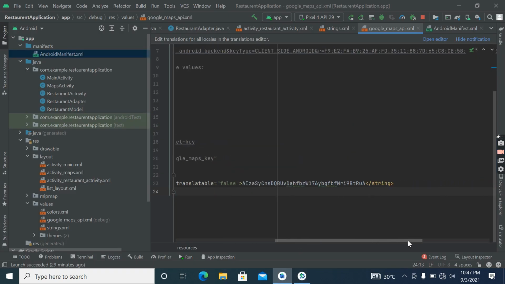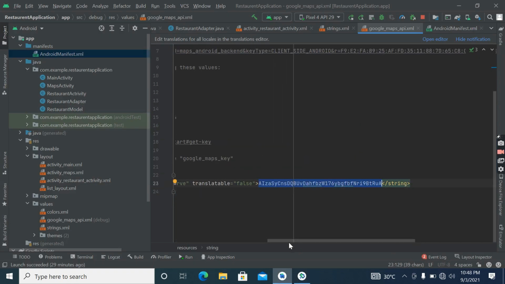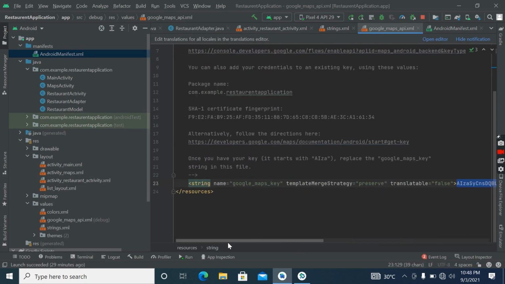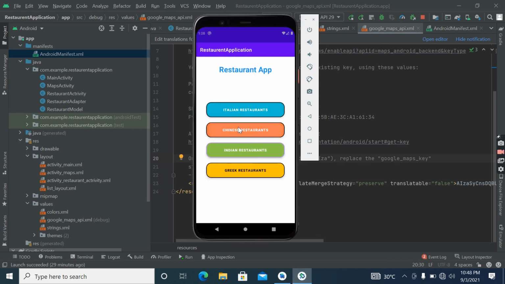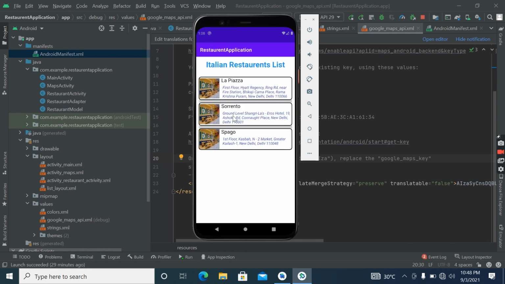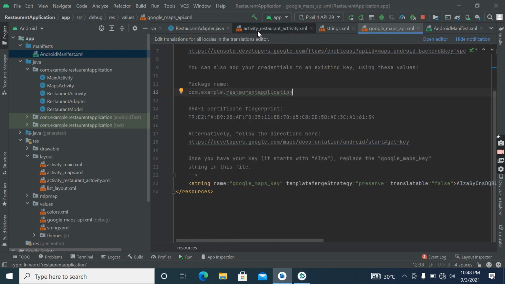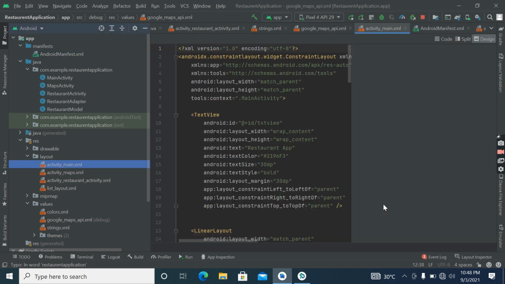See, this is the Google Map API which I have created, okay? So I will let you know how to create this Google Map API. This is a very simple process, not a big task. Before that we have to add Chinese restaurant types, Indian restaurant types, and Greek restaurant types, okay? So as we have already added restaurants for Italian foods, so here